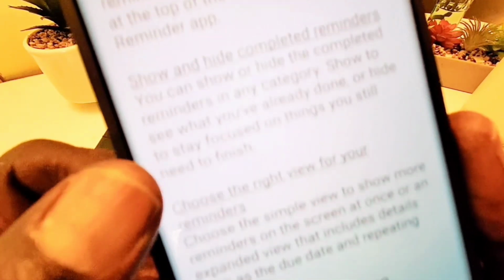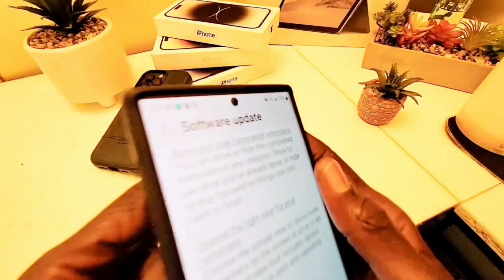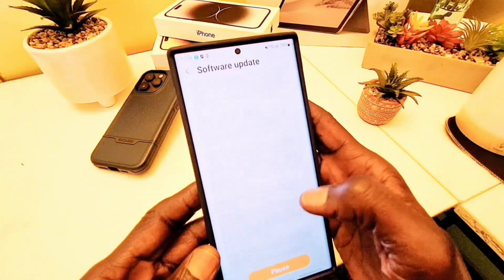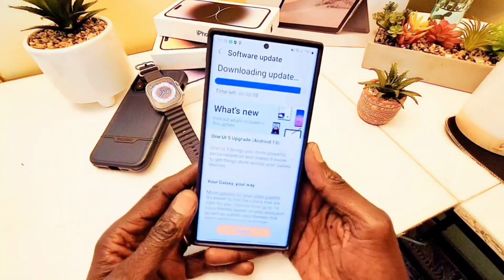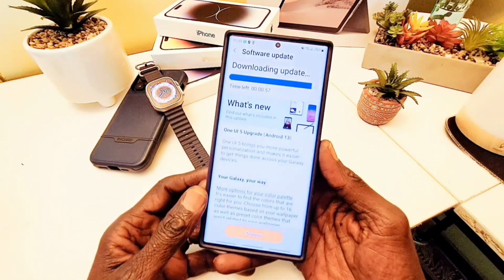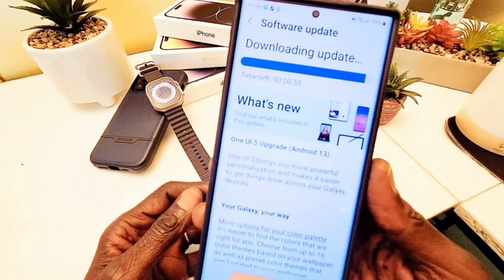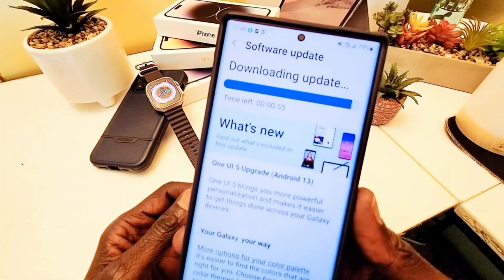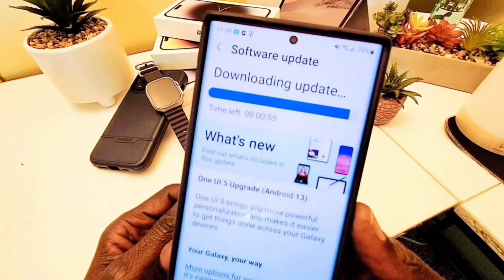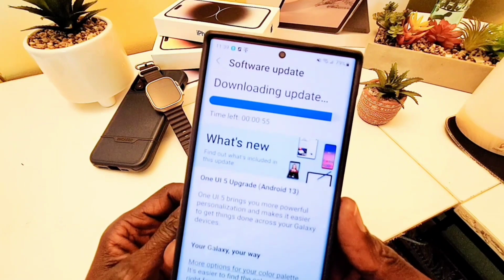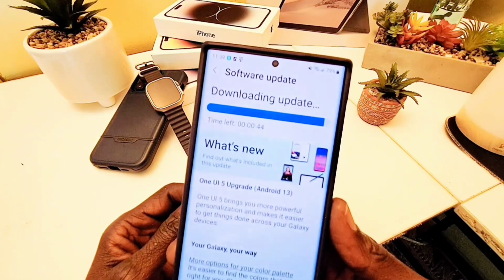But I'm not too sure if it works on all Samsung devices, because I tried it on my Samsung Galaxy S21 Plus and I didn't get that option. So we're getting close to the end of downloading the software, and after that we're going to install it, and you're going to see your device reboot itself. And it is a very simple procedure,